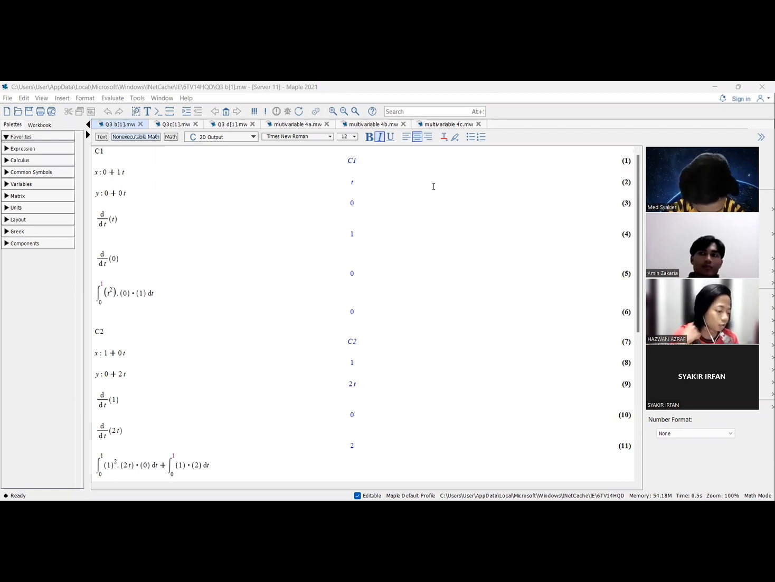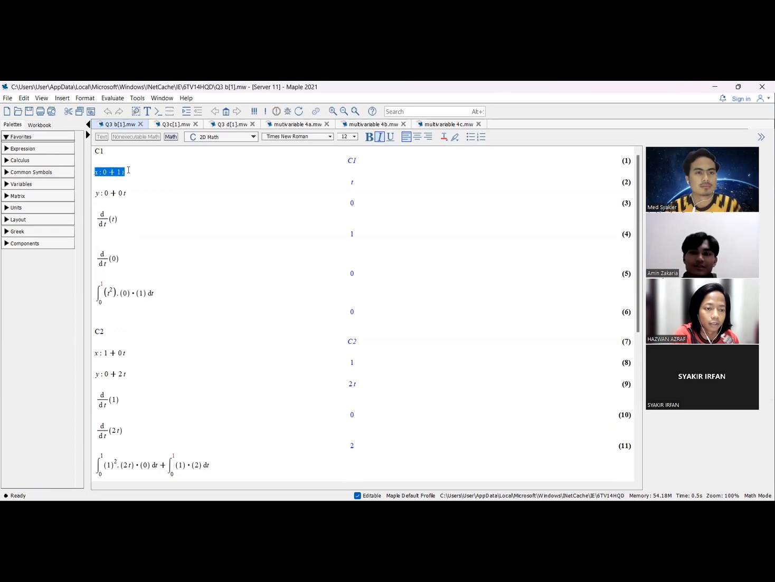So we start with question 3B because question 3A is about theory. Question B asks us to calculate the following line integrals in a counterclockwise direction around the triangular path as shown in figure Q3b. So the first step is we must find C1, C2, and C3. For C1, we must insert